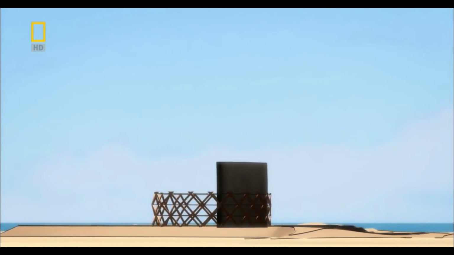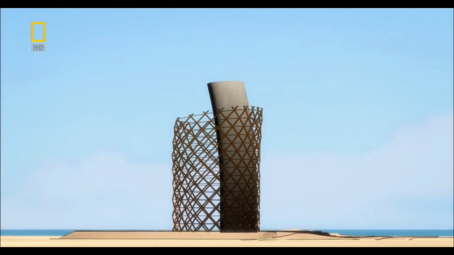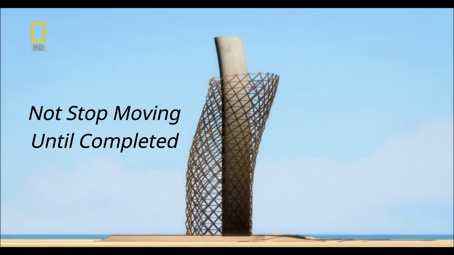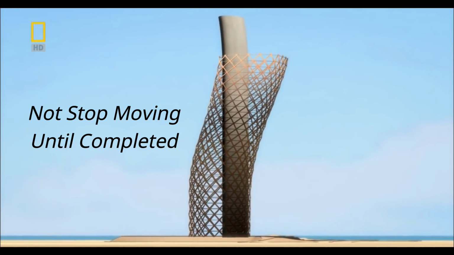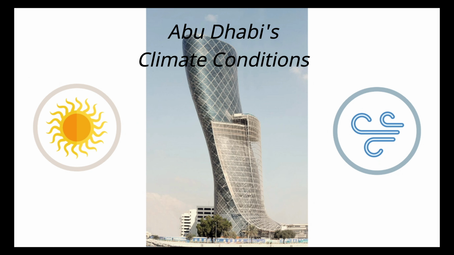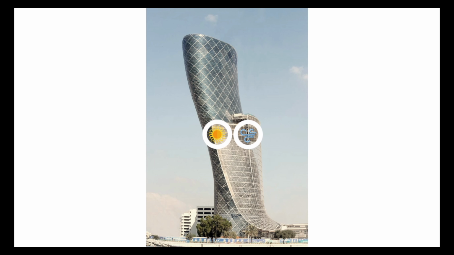We have mentioned before that the Capital Gate Tower's precambered core strengthens as it grows, so it means that the skyscraper will not stop moving until after completion. Even more than that, the tower also had to embrace Abu Dhabi's difficult climate conditions